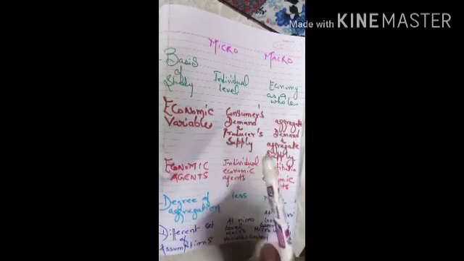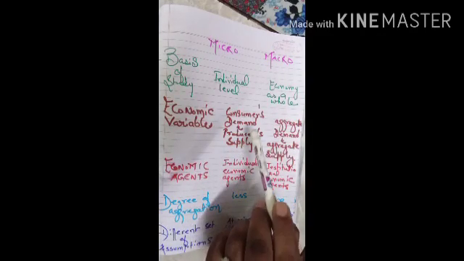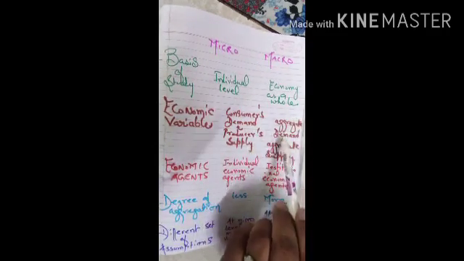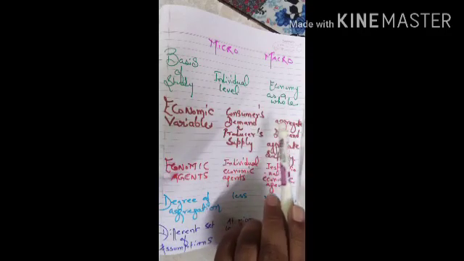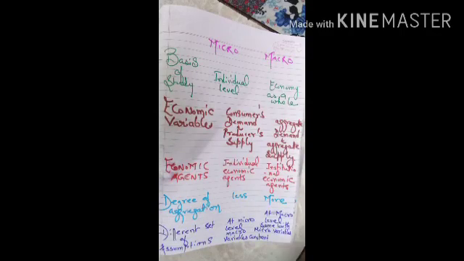When we talk about the economic variables, 2 variables are there with microeconomics, that is consumer demand and producer supply. And when we go for the macro, as it is for the economy as a whole, we talk about the aggregate demand, that is what an economy spends on the variety of goods and services in an individual year, and aggregate supply, that is how much producers are supplying for the whole economy.